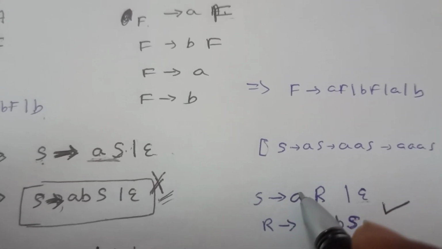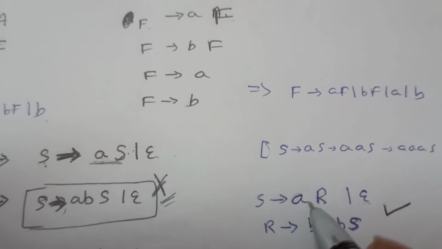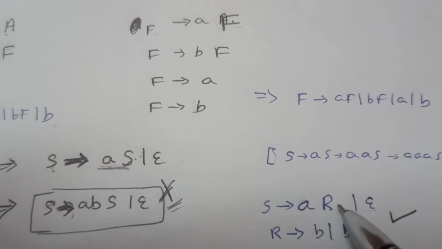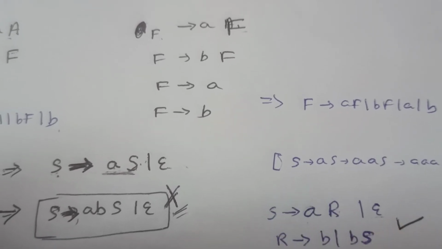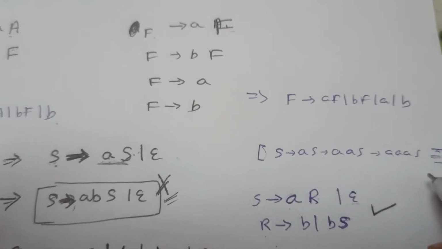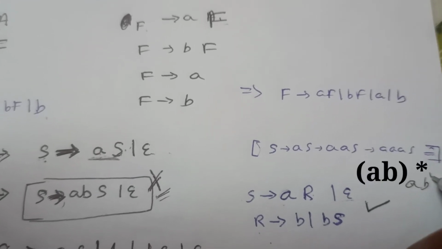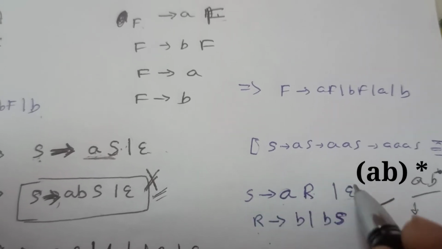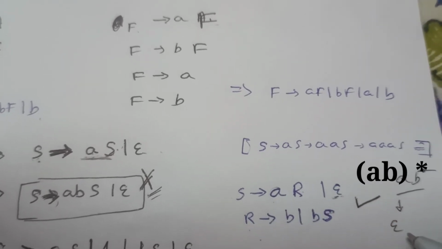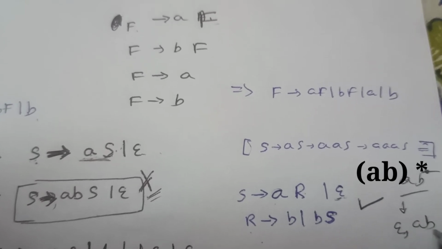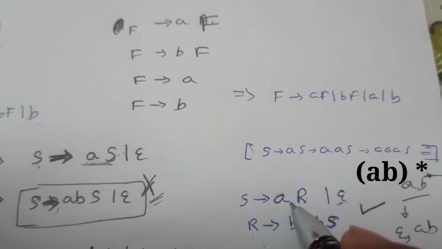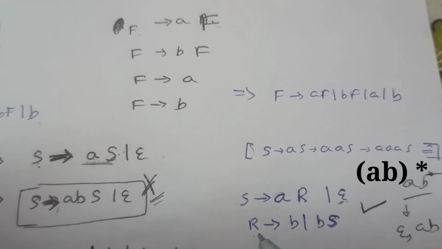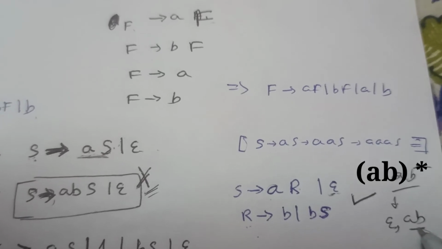So what should come first for AB? What is the first terminal? First is A. So I have written A and a variable R. And what can the variable R be? For the strings we have for AB star, we can get null. If it is null, then S to null will satisfy. And it can also be particularly one AB. So from S to AR, it will get A, and from R to B. Okay, so we need to put one R to B for this particular thing.